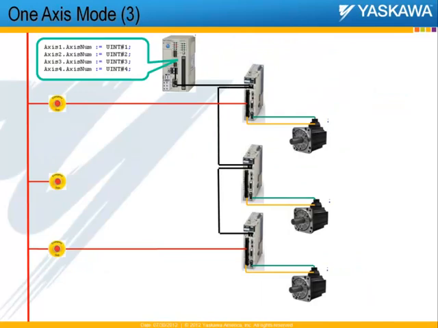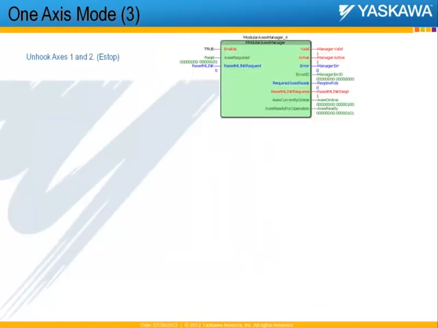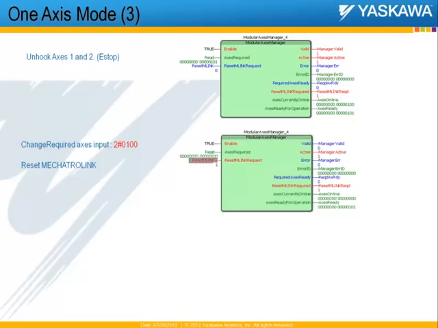Now, moving on to a one-axis mode where the operator decides to use only axis 3. If axis 1 is taken offline, so you have axes 1 and 2 offline, and only axis 3 is in operation. On the modular axis manager, which we'll take a look into later, you can see here that, again, once that axis is removed, there is the output which tells the operator that a reset of Mechatrolink is required, and that one more axis has gone offline. On changing the required axis input to 100, which means only axis 3 is going to be used in the next operations,